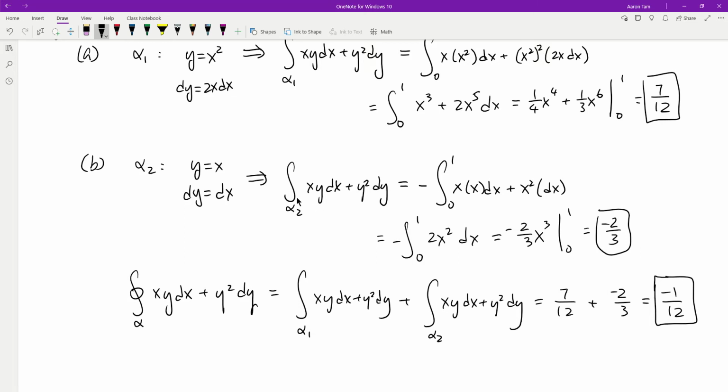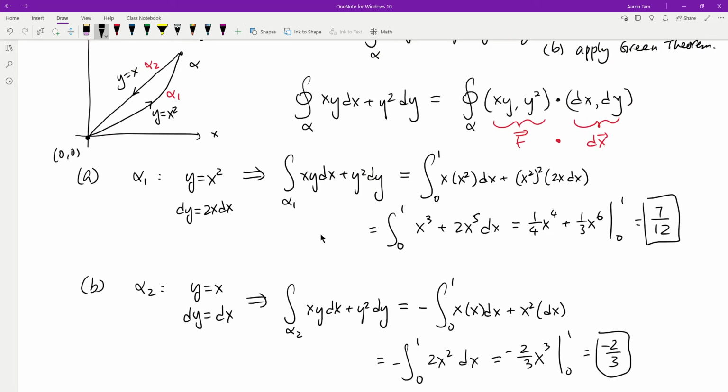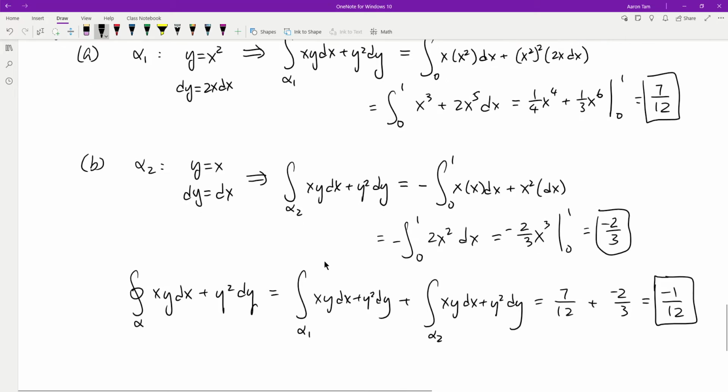And notice that does require me to set up two separate integrations, and also have this problem that when I do alpha 2, I do have to account for this negative. So once again, if you don't want to use a negative, you could just say from 1 to 0 instead of 0 to 1. I just like to always write my integral using a lower limit that's smaller than the upper limit. That's just how I always like to do my integration, to keep things making sense for me. And so if I do that, I would have to have a negative in front to balance out the flip-flop of the orientation of the curve. So that's